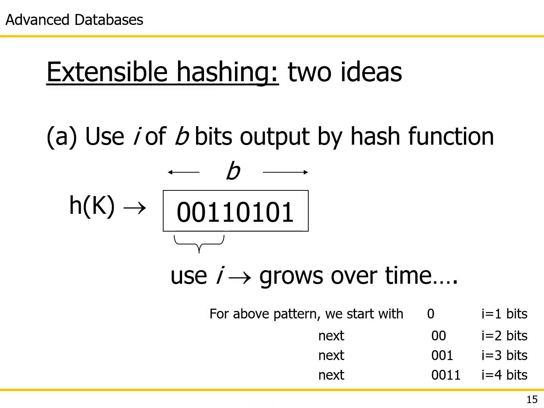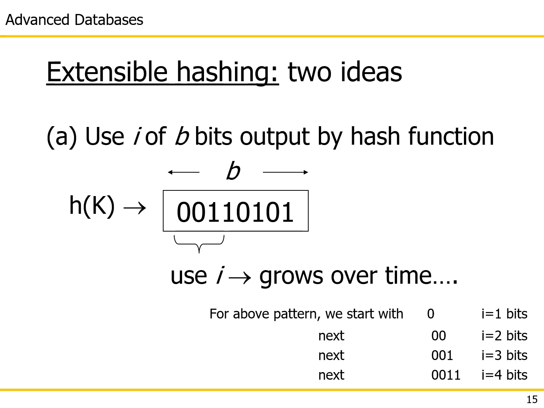So let's look at extensible hashing or extensible hash table. There are two key ideas here. The first one is that we are actually going to take the output of the hash function and convert it to binary. And we will make use of the binary values, or of the bits in the binary representation of the output, okay? And what we're going to do is we are going to not use all the bits up front, but we will use a subset of the bits, and as the